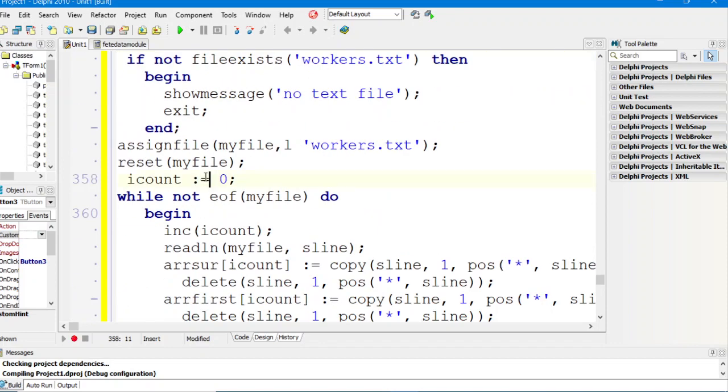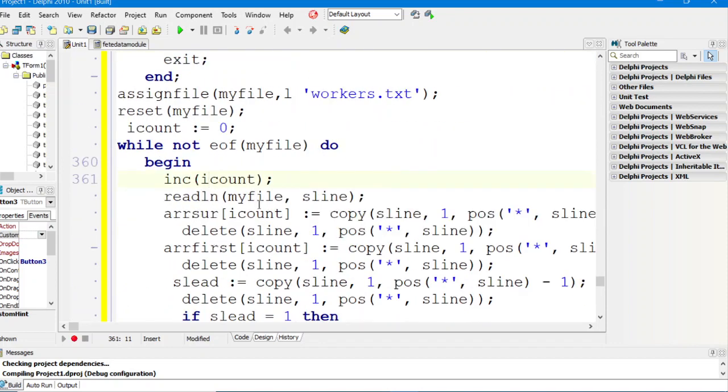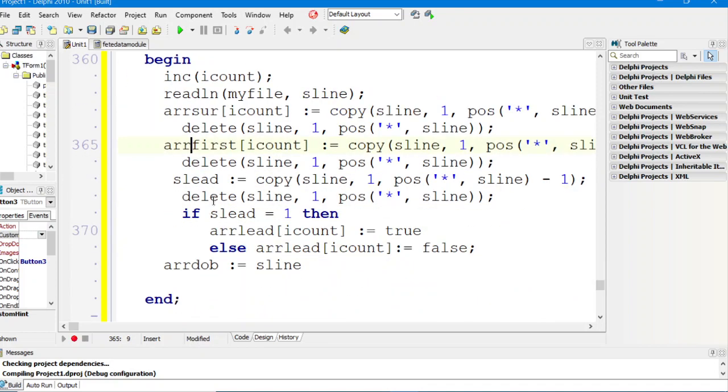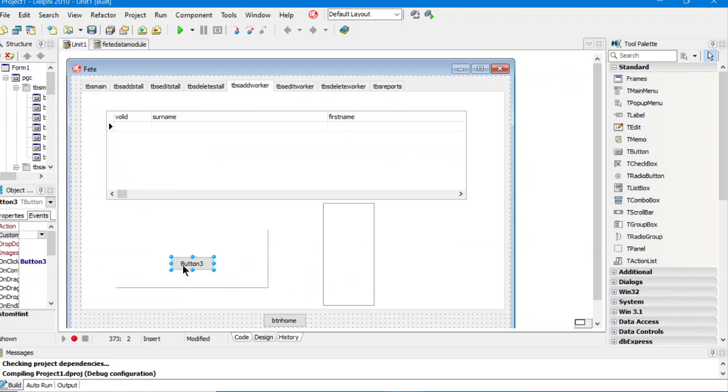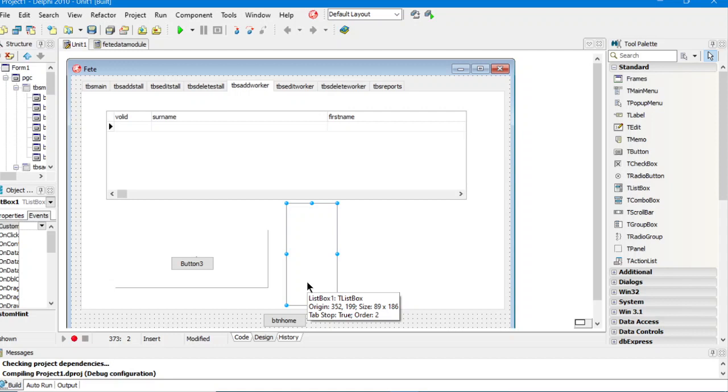So we get our counter to 0, increment the counter, read the line, and then we go and separate all the things, put them into corresponding array boxes for the particular items, and then we know that the array is filled with all those items. So this is for filling the array. Now over here I'm going to display the items in the list box. And for each person in the list box we're going to choose which stall they belong to,